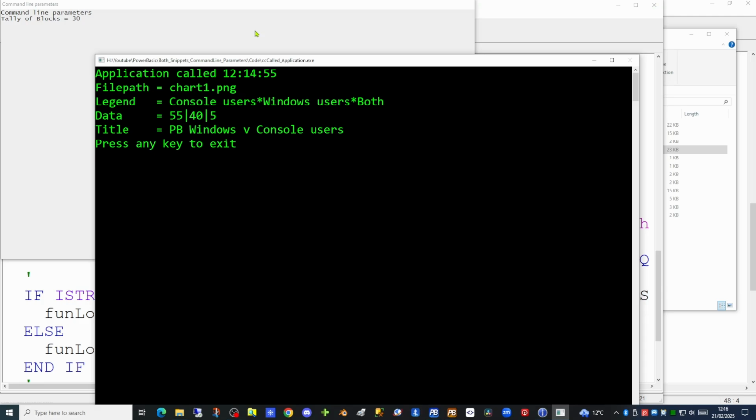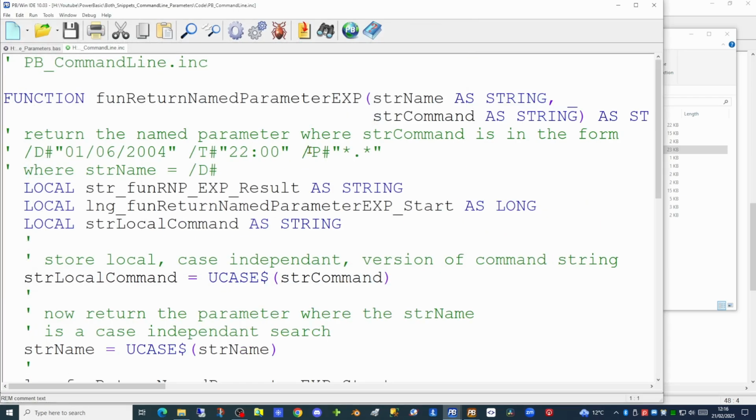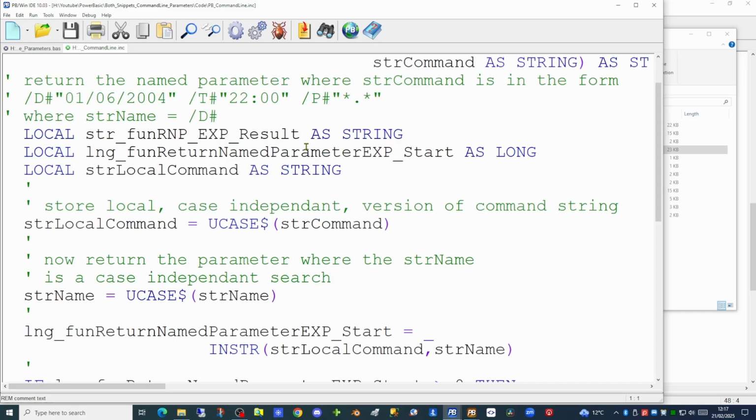So let's now have a look at that function within our new command line library to see how it does this. If we load up the command line library, you will see here is the single function within this library, taking its 2 parameters, the name of the parameter and the second variable, which is the command line string containing all of the data passed for all of the parameters. To save confusion, this is set to allow case-independent command strings. That way, if your calling application has a different casing to the name of the parameter, this will not matter